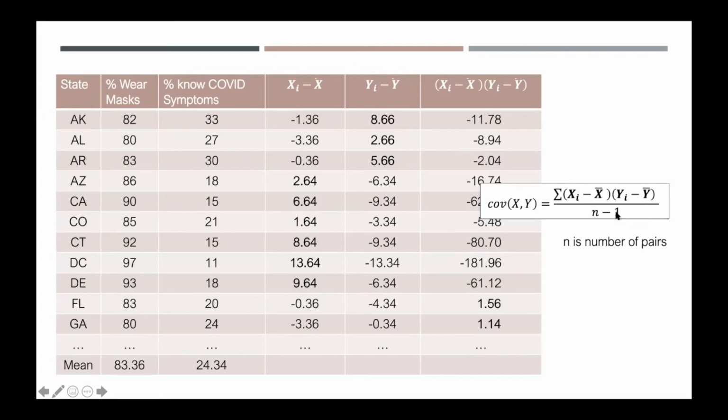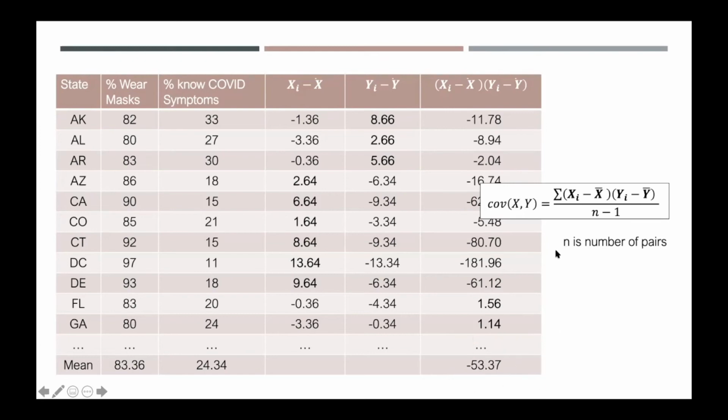So in this data set, we had observations from 50 states. So we would sum up those products across all of the 50 states and divide by n minus 1, or 49. And when we calculate the covariance then for the relationship between mask wearing and COVID symptoms, we calculate a covariance of negative